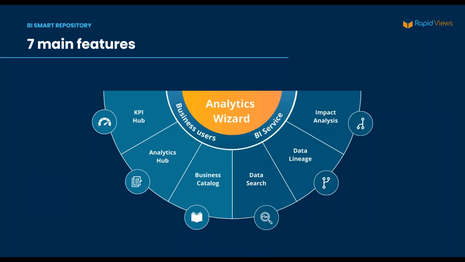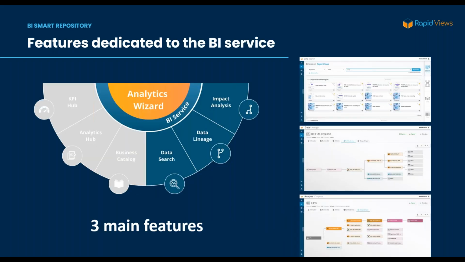The BI Smart Repository has 7 features. 3 principal features for IT: the data search, the data lineage, and the impact analysis. The data search helps customers to search any information in the repository. A developer can search a name of a table, a name of a column, a name of a report, a name of